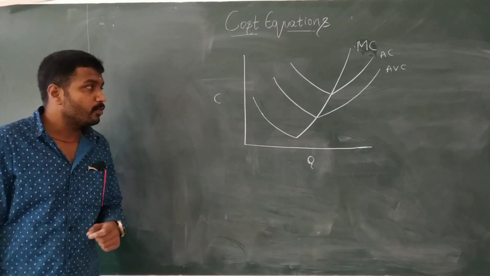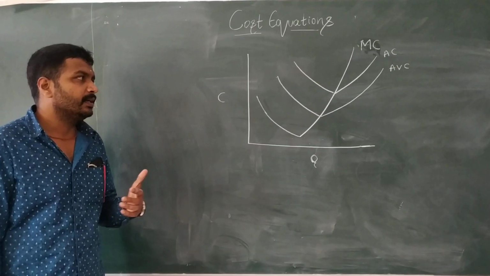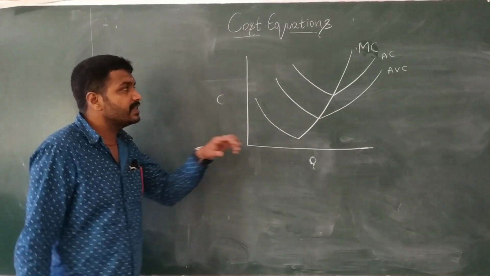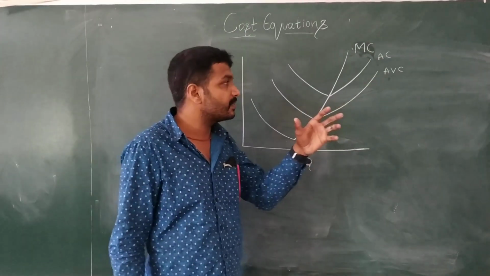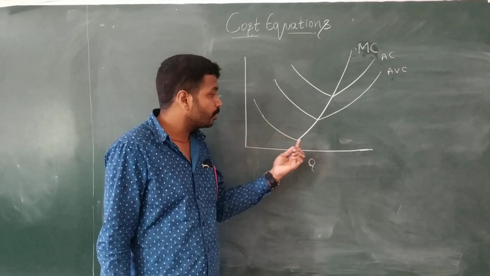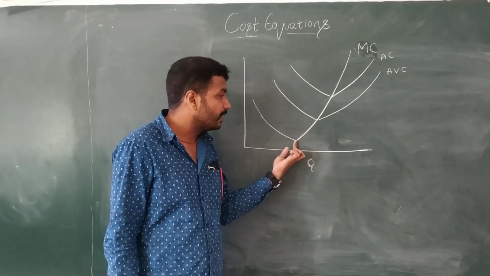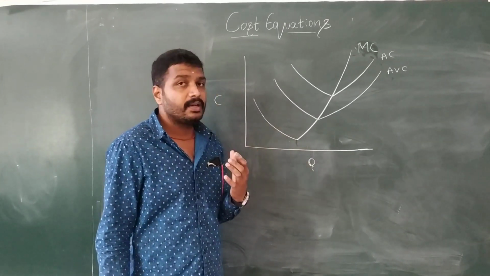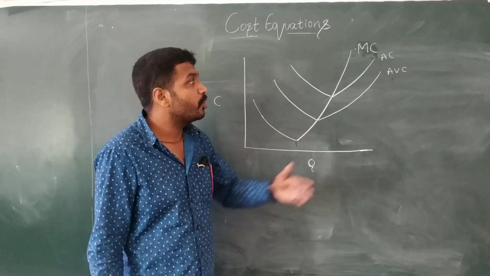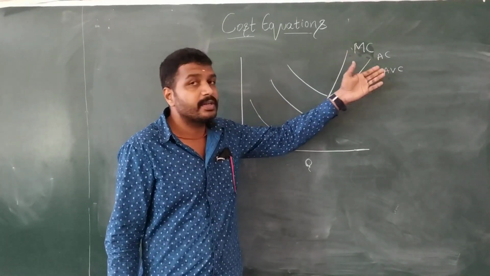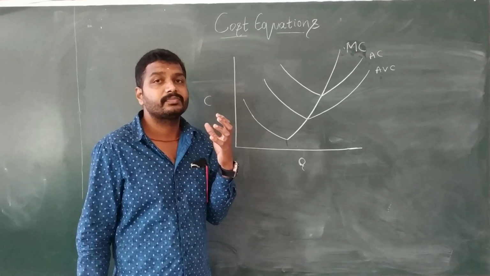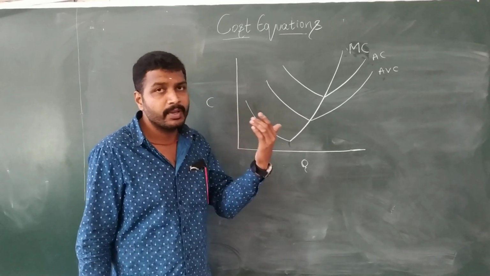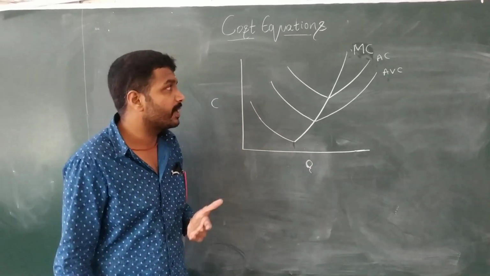Okay. Now one more question which used to be asked in the examination that you need to remember. Among these MC, AC, ABC, since they have got a U shape, no doubt they will be having a point here. This point we call it as minimum. So the very first question which will be asked is, among these three cost concepts, which cost will take minimum value first, followed by which one, and followed by which one. Okay, that used to be the question which will be asked.